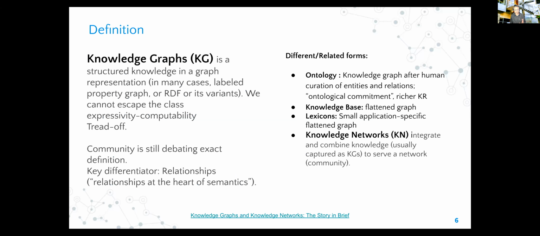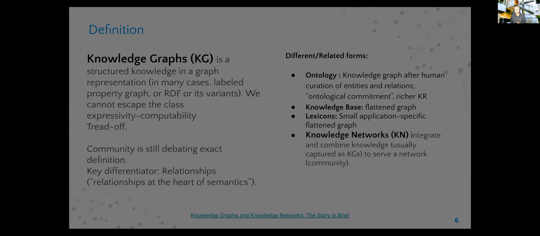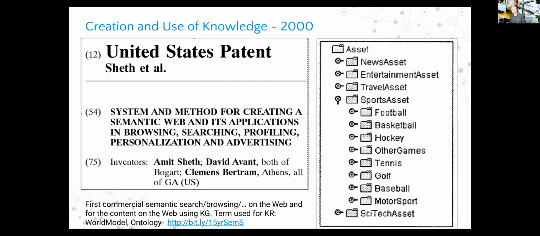Ontology and knowledge graph, they are cousins and they're making huge impact. This is a patent that we filed in year 2000, well before the famous 2001 paper on the semantic web, and this was awarded in 2001. You can see on the right hand side what looks like a knowledge graph. Another word we had used was world model, because both the world model and ontology were used in the patent. The reason is that the commercial world was not quite ready for ontology, so we used world model. Now that has started to become popular also. But at the representation level, it's really not at all different from knowledge graphs.